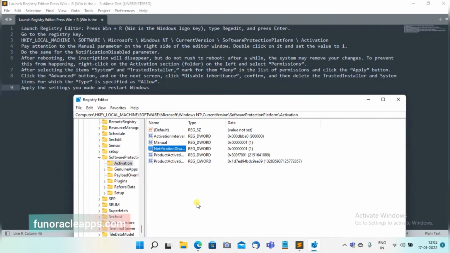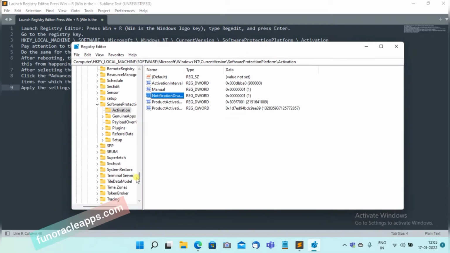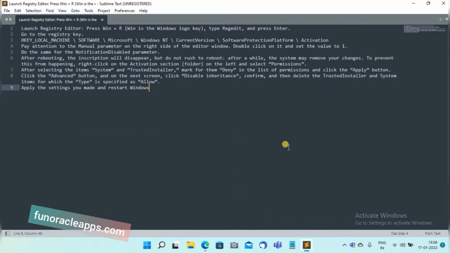Okay, so what you have to do, you can simply go ahead and now you can restart it. So once this is done, you can just exit and the changes have been done. Okay, now what we have to do, we have to restart my system to see that this icon should be gone after the reboot. So let's reboot. I will record after the reboot.